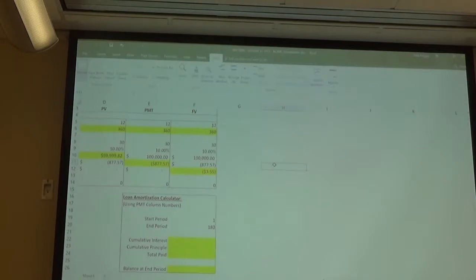So, for the example that's here in that column, we've got a $100,000 loan at 10% for 30 years. Monthly payments are $877.57. Everybody cool with that? Yes? Okay. So you look down here at our loan amortization calculator, and this is going to frighten some